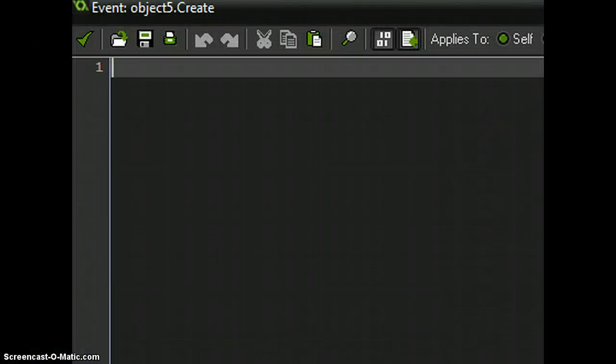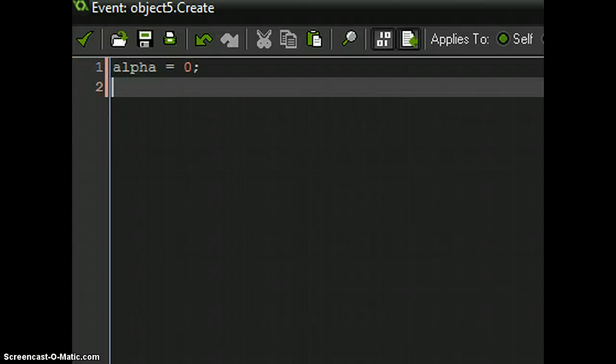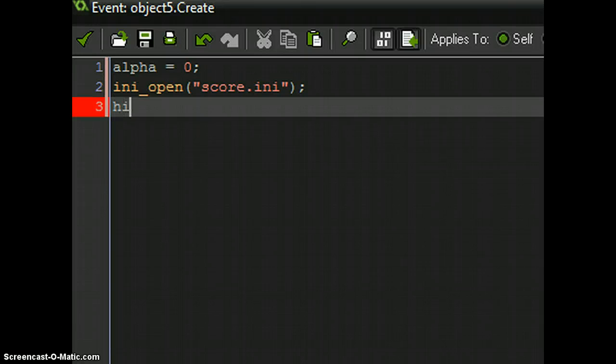and you need to type in the following: alpha = 0; ini_open("score.ini"); high score = ini_read_real("score", "0", 0);